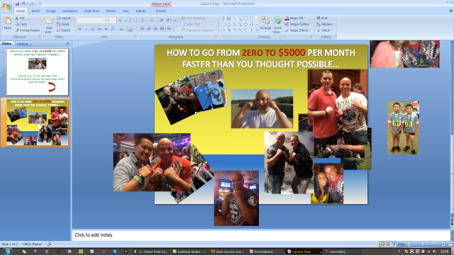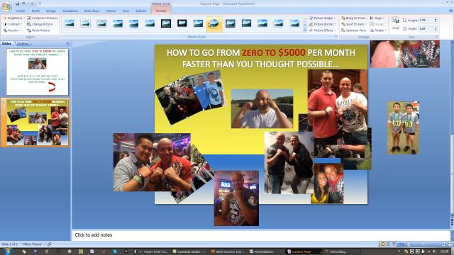Now you see where the layers come in here, because this photo sits over this photo at the moment, and we can change that. But what I want to actually do first is just mess around with